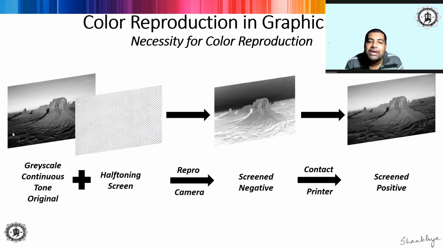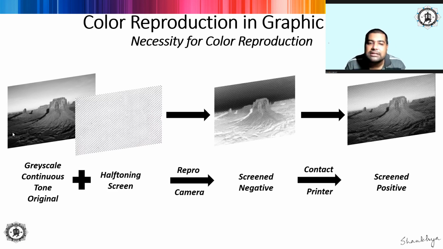Therefore, it will appear to have greater optical density. Therefore, it is represented as shadow. And in the highlight area, the size of the dots is very small, so it will receive a lower quantity of ink. That means its optical density will be less, and hence it is perceived as the highlight area. This is one technique whereby we can change the size of the dot.